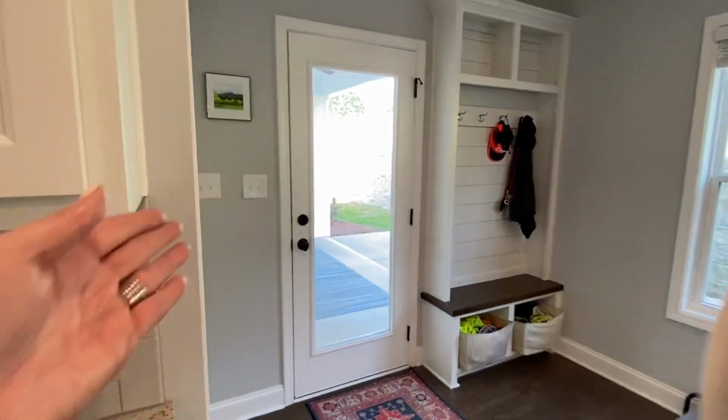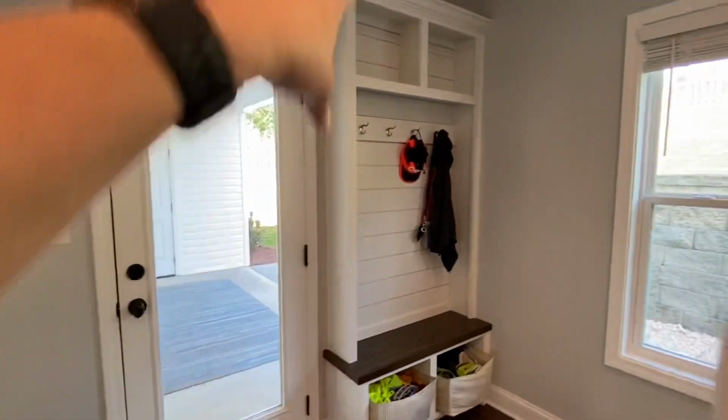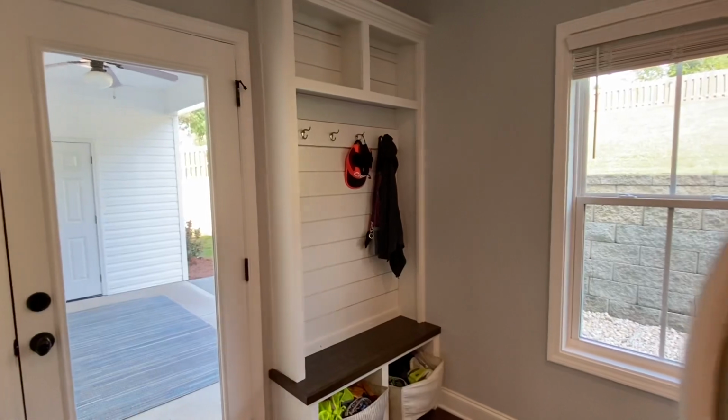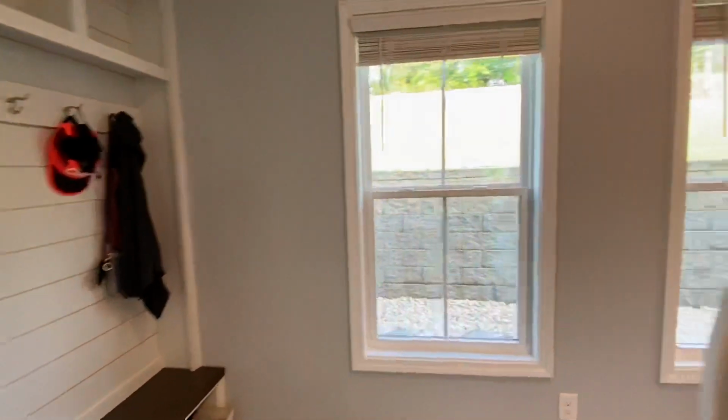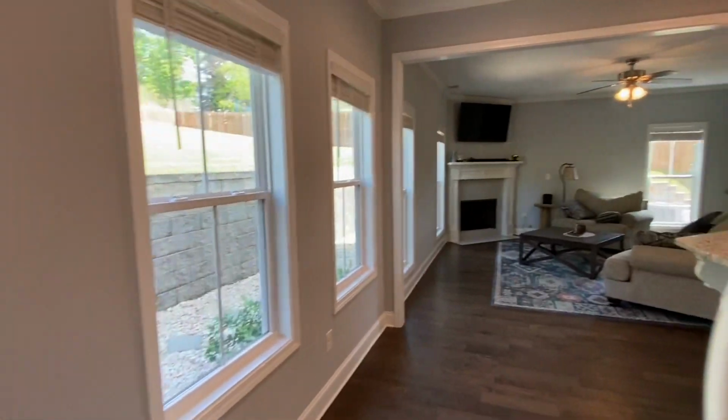This is the mudroom that's off of the back door. So as you enter this portion of the home, you have a nice custom bench over here. Again, all the blinds are up, and as I pivot to the right, you'll be able to see how open